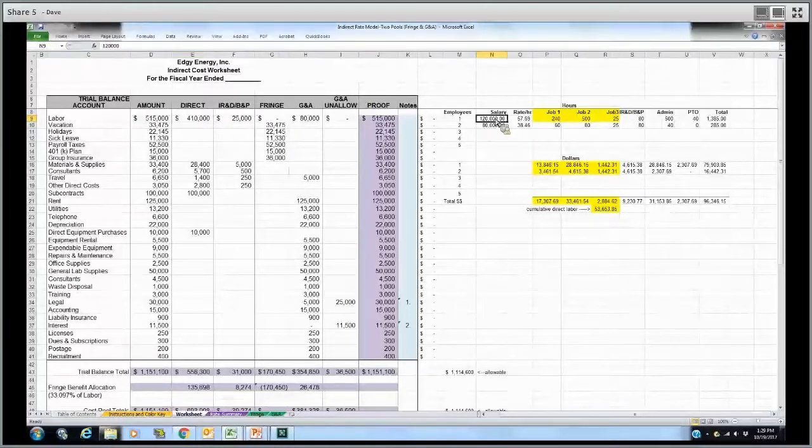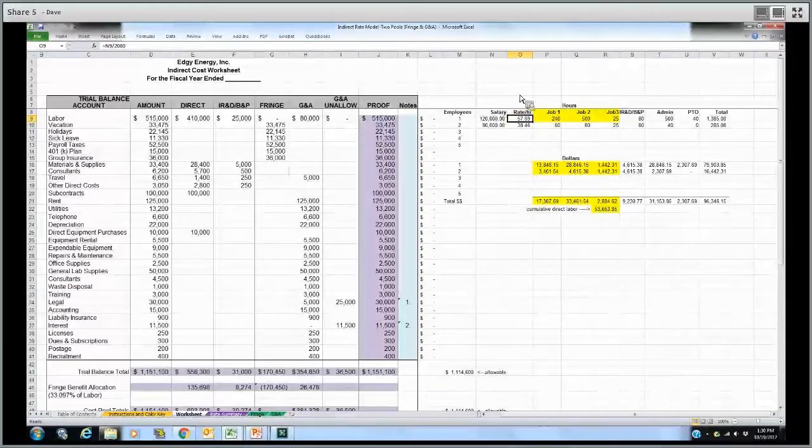And that starts off with listing your employees, listing what their salaries are, converting that salary into an hourly rate, because the basic metric for measuring labor is going to be hours. And when you get post-award, that's the same concept. You accumulate and record your labor based on hours, multiplied by an equivalent rate based on your